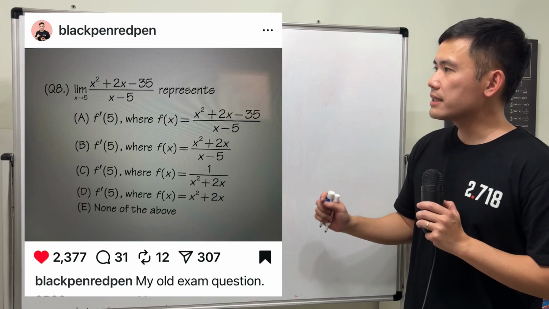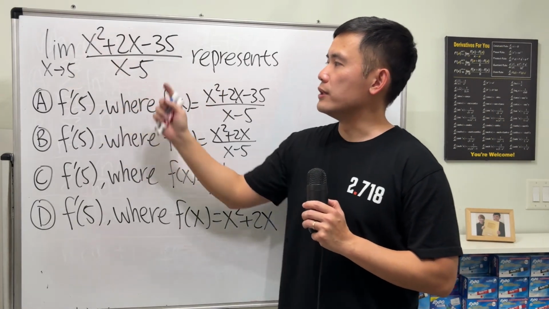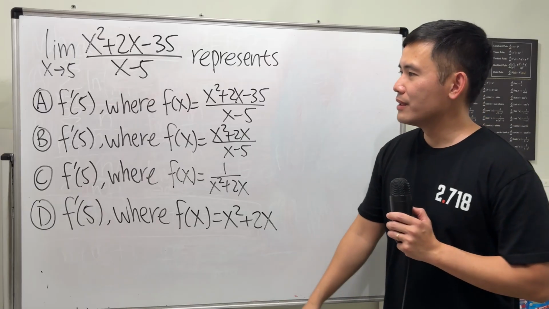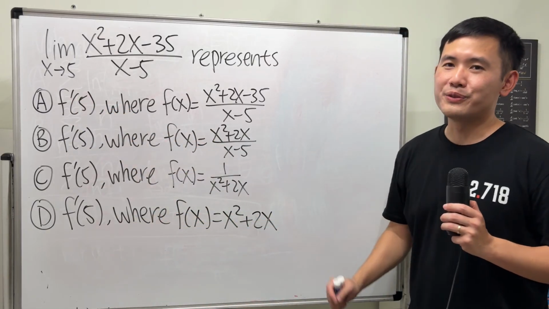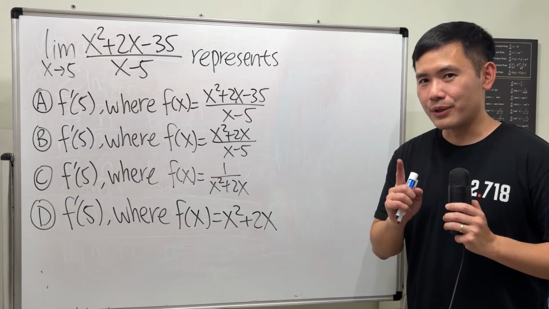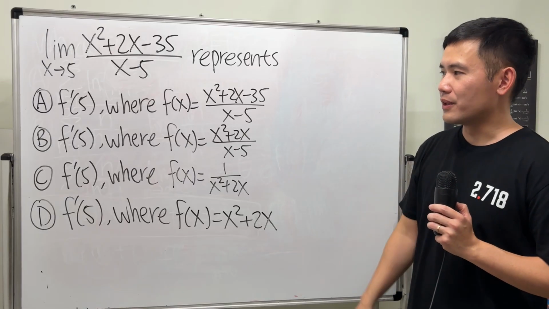Here, the question is asking, what does this limit represent? Well, it's the derivative of some function at 5, but what's the function, right? That's the main question. So go ahead and pause the video and think about this first before you watch the